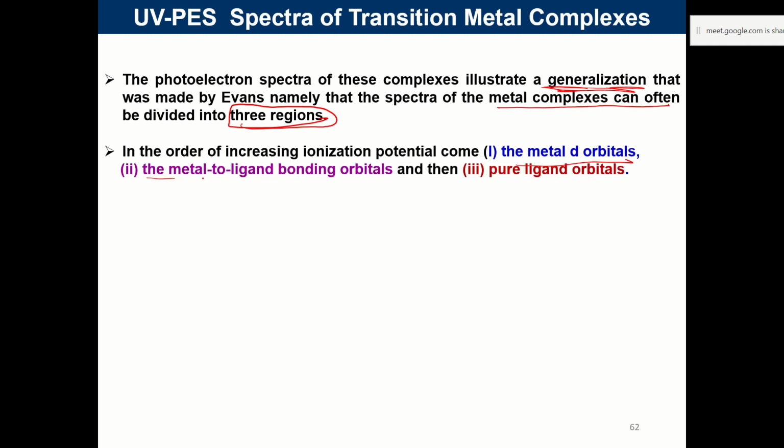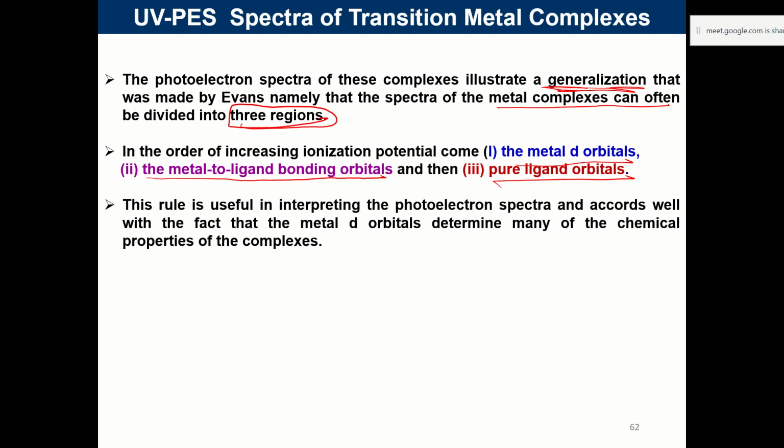Two, the metal to ligand bonding orbitals. Three, pure ligand orbitals. Three regions. So pure ligand orbitals not affected, metal d orbitals affected by this thing, metal to ligand bonding orbitals affected by this. So ये सारी पैटर्न्स हमने देखे हैं. So थ्री रीजन्स में डिवाइड करो, उनको एनालाइज करो,